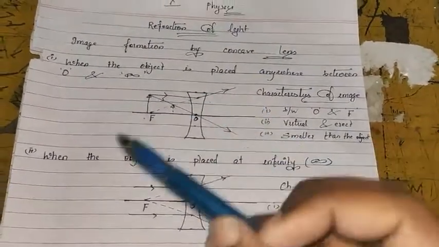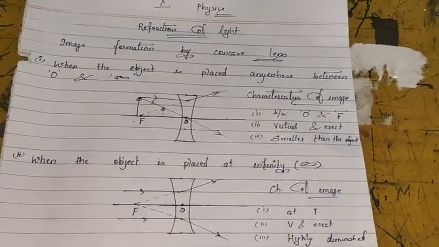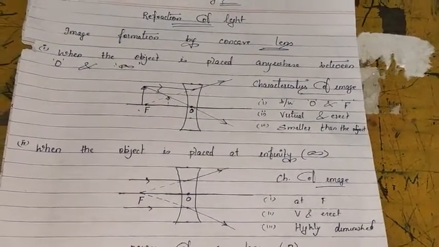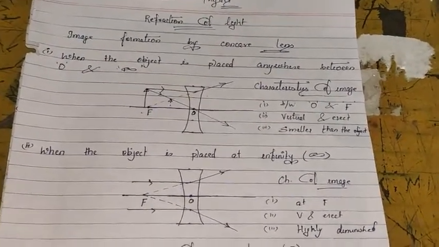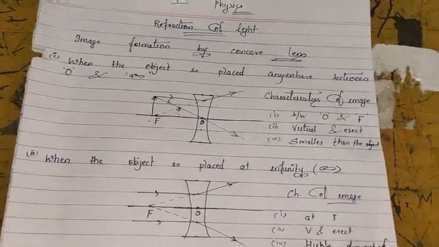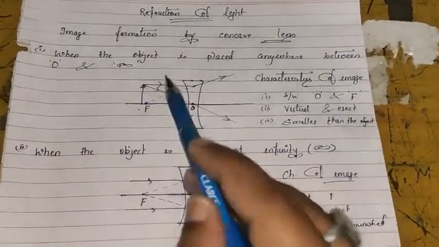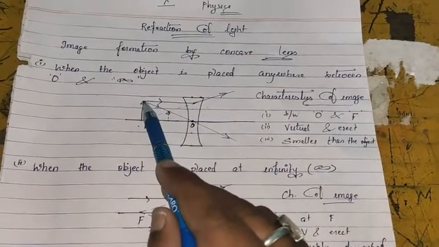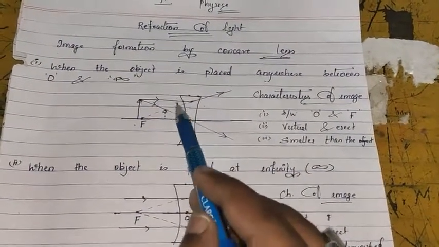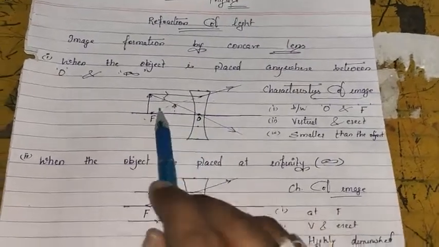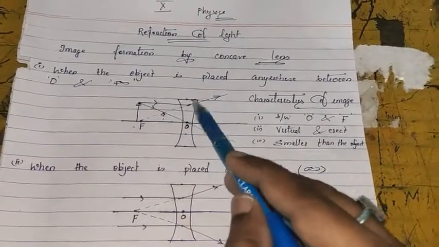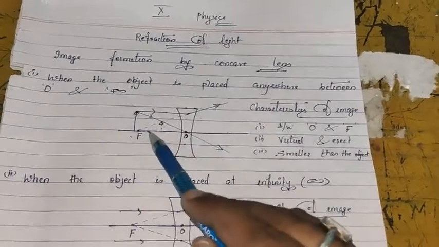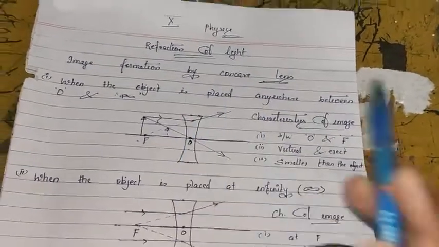Here the case is of lens, so we must have 2 refracted rays, and 2 refracted rays are there only if we have 2 incident rays. So first of all, one ray that is coming from head of the particular object, which is moving parallel to the principal axis, by rule it should pass through focus, or it appears to pass through focus because it is the case of concave lens.